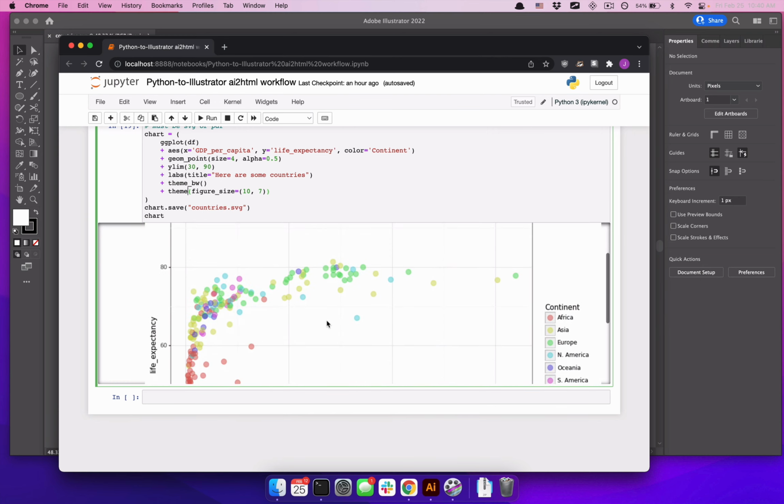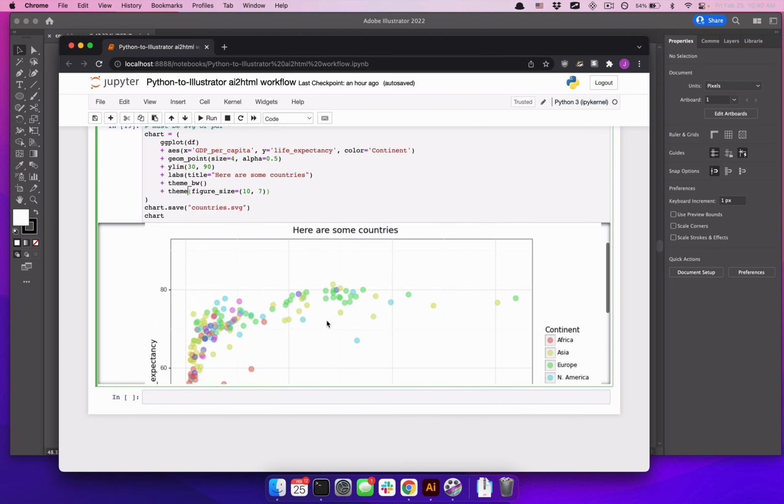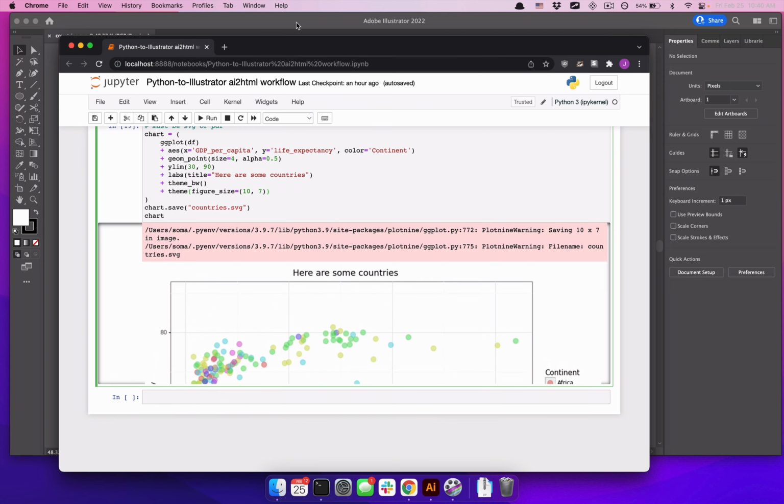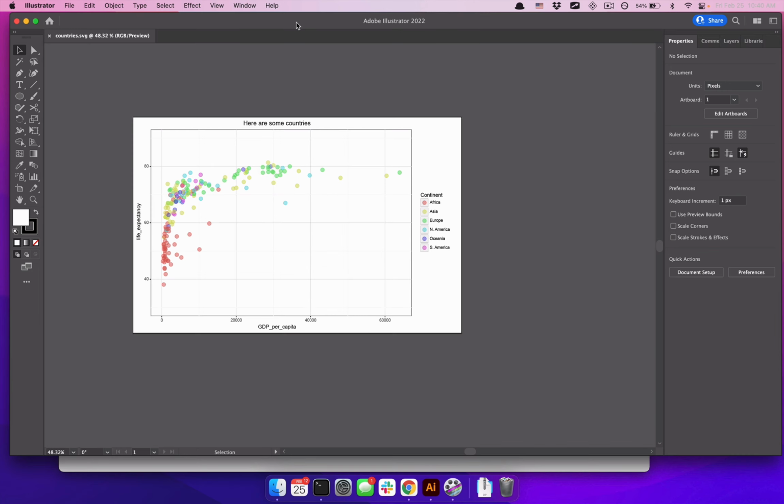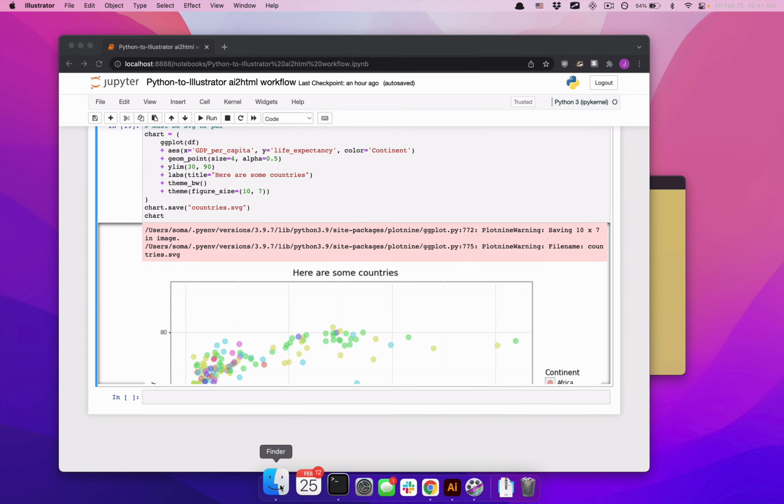Because this image is not good enough to publish, but we'll turn it into something that is high quality and publishable. Then we're going to export it from Illustrator with the tool ai2html, which we covered in our last video. So first thing I'm going to do is actually close this file, because it's important to know